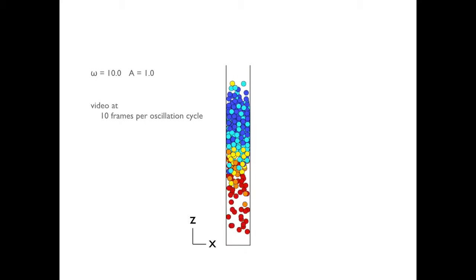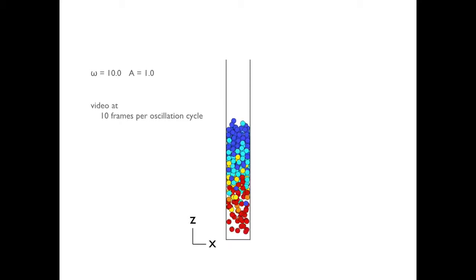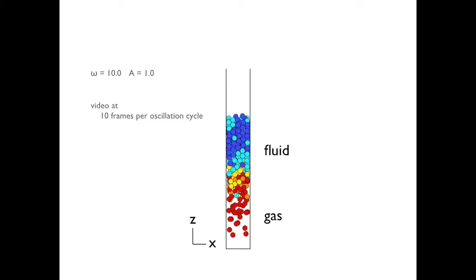We show a 2D projection of the system in the ZX plane. As you can see, for the high frequencies of excitation we choose, the grains arrange in such a way that there is a solid or fluid layer on top of a gaseous one. This state has been previously named the granular Leidenfrost state, due to its analogy with the liquid over vapor phenomena